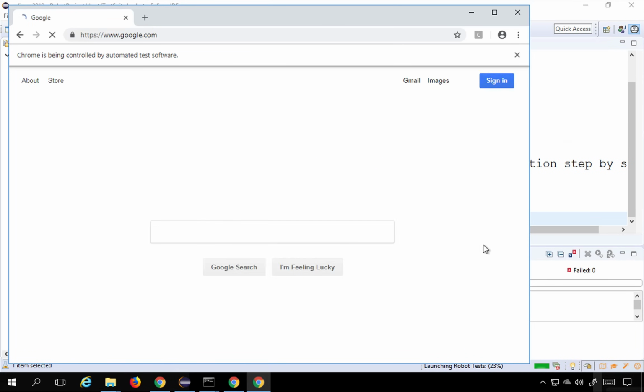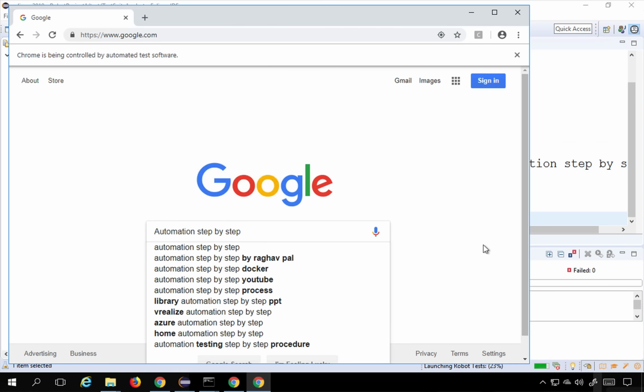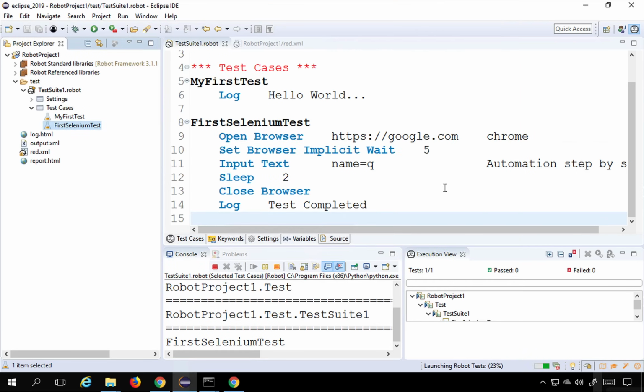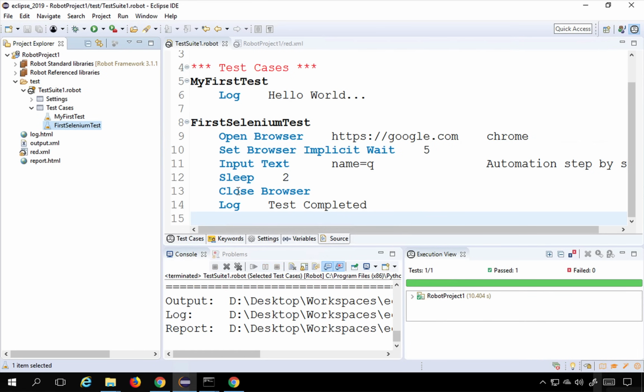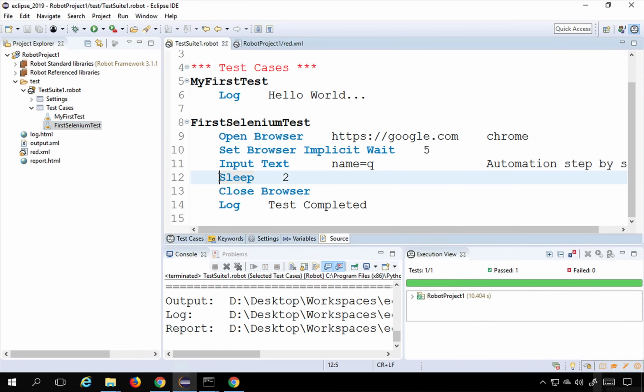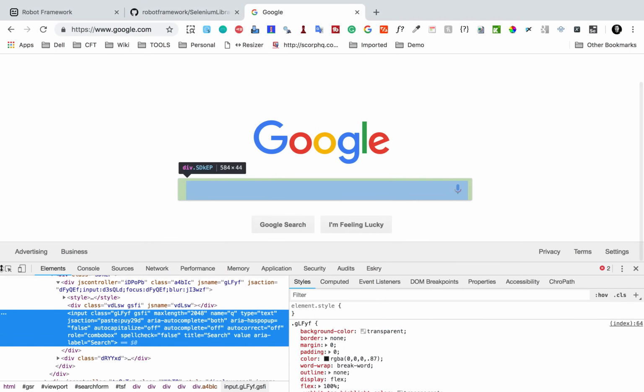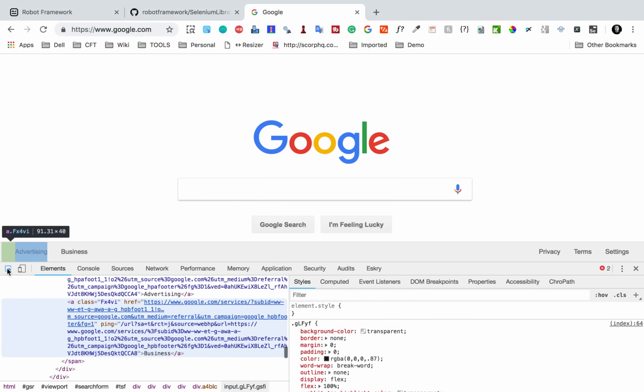So this opens the Chrome browser, goes to google.com, enters this and waits for some time and then finally closes the browser. Now we have just entered the text. We also want to click on the search button. So again, if you go to the search button and see what are the locators available,